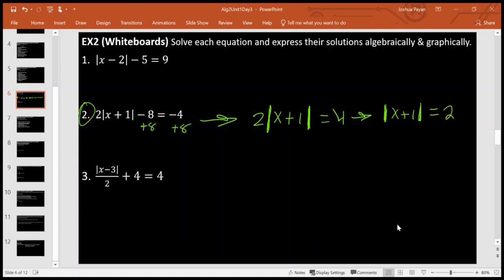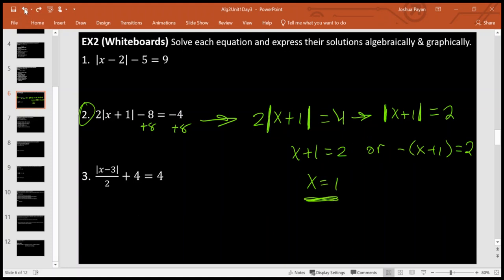Okay, and now I'm to the point where I'm going to do my OR statement, right? So positive x plus 1 equals 2, or negative x plus 1 equals 2. So this one's simple enough. I'm just going to subtract 1 from both sides on this one, and x equals 1. Or